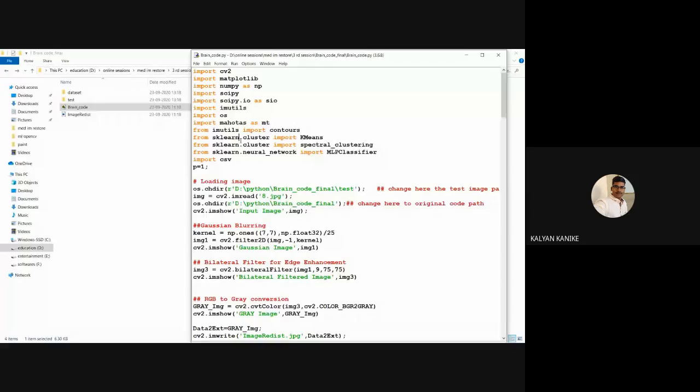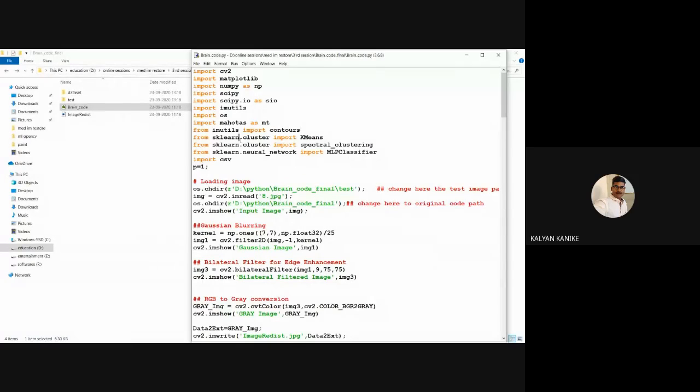Matplotlib means to plot the graphs, particularly to plot the graphs information we will use. So here NumPy means for the calculation, and next SciPy is there. SciPy means we can say scientific Python. So whenever we are using these deep formulas, in that case we will use this scientific Python package.